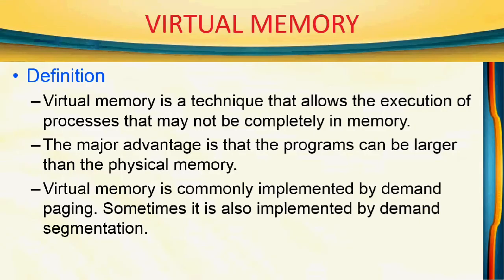So first we will see the definition of virtual memory. Normally to execute a process we need memory, we have to allocate memory. Suppose the allocated memory is smaller than the process size, then some amount of secondary storage can be used for execution. That excess memory is called virtual memory. So virtual memory is a technique that allows the execution of a process that may not be completely in the memory, because the process size is greater than the main memory size.